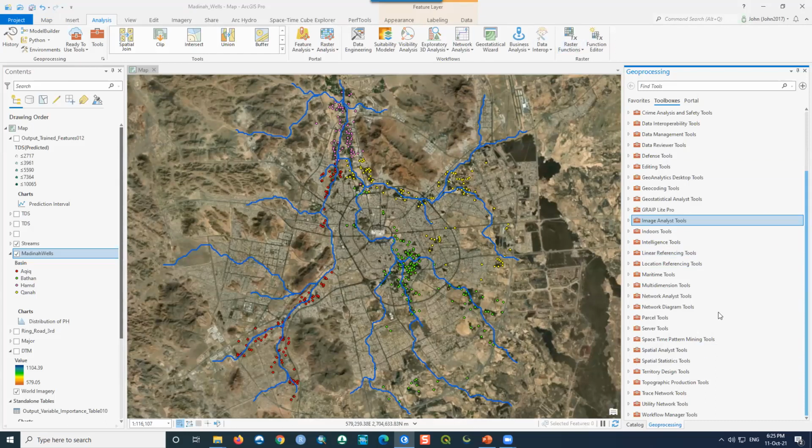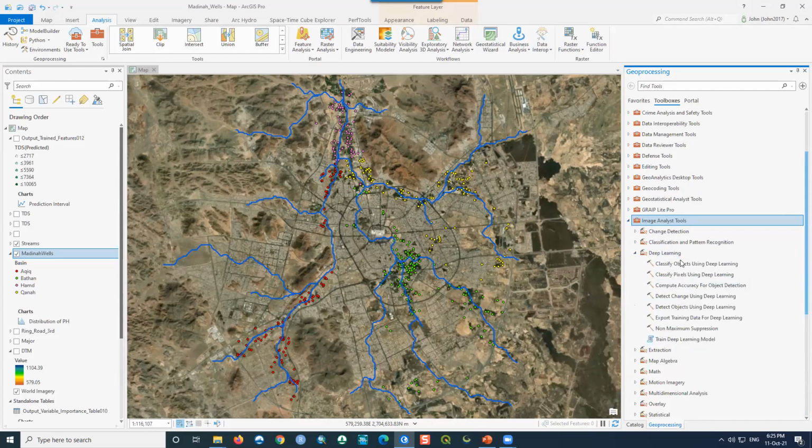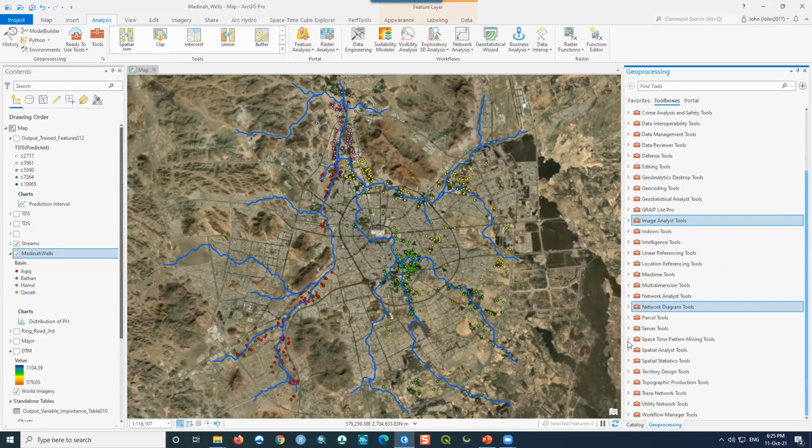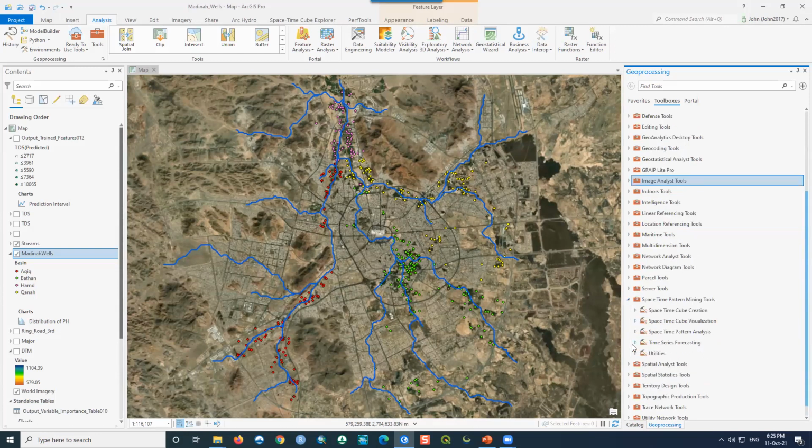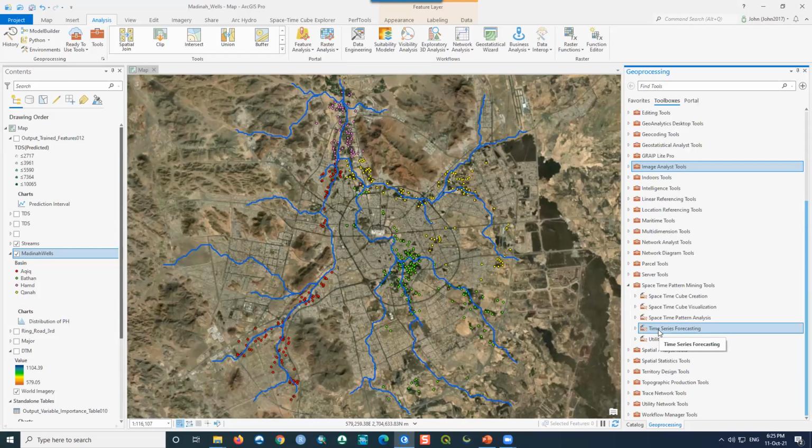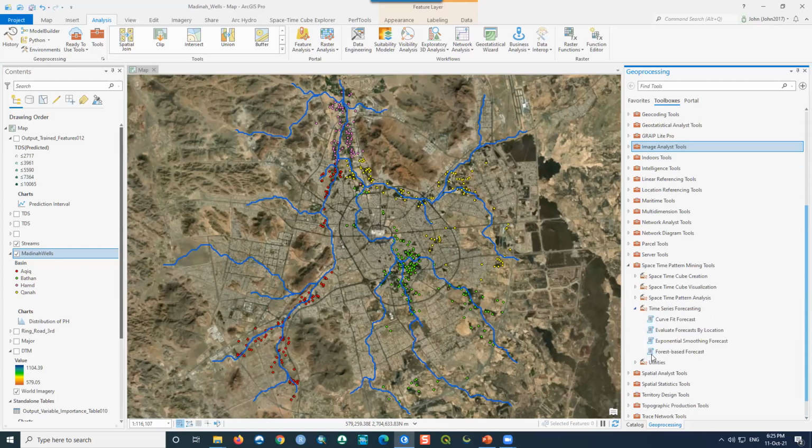I will show you some processing tools classified under machine learning and deep learning algorithms. If you go to Image Analyst tools, you will find some tools. For example, here we have deep learning tools, but this needs a separate extension or license. In space-time pattern mining, Esri recently added spatial time series forecasting, so you can evaluate the goodness of fit of the forecast.